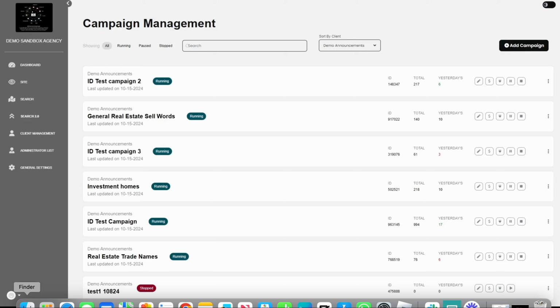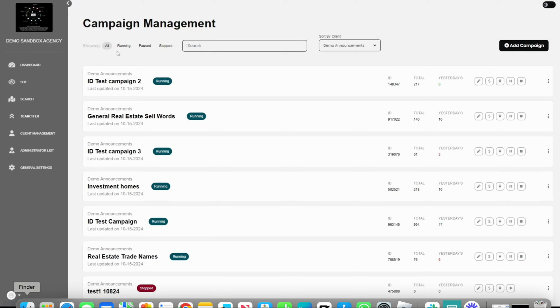Let's talk about creating and managing search leads and search campaigns. We're going to work with Search 2.0, Enhanced Search. This is what most people should be using moving forward. On the search campaign, you'll click on Search 2.0 Enhanced Search on the left menu, and you'll see your